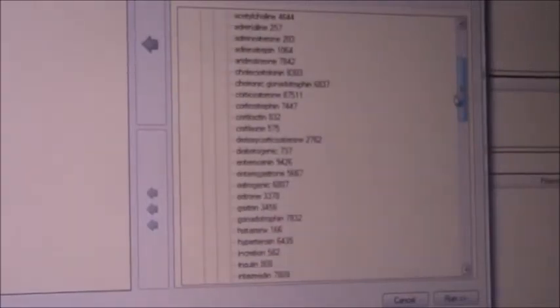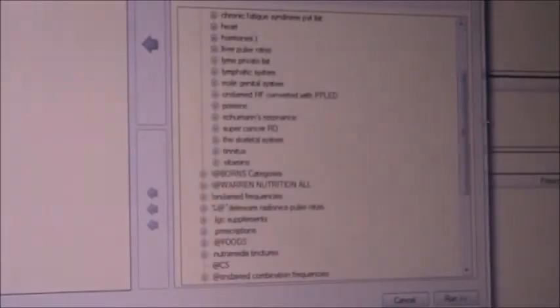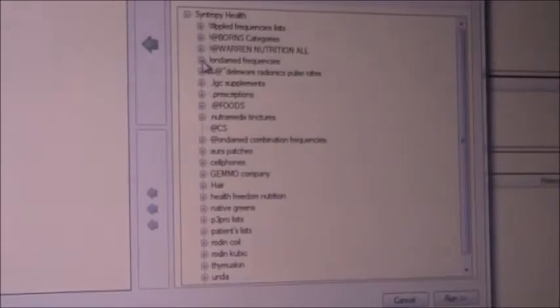The hormone rates from the CAFL, or you might need a silver book, they're lacking compared to this Delaware list. The Delaware list has, I mean, not everything, but it's really close to it all. And again, these are all pulsed LED, Pulse Technologies stuff. We have on-demand frequencies. There's 420 of those. I think there's supposed to be 436, but down here there's like